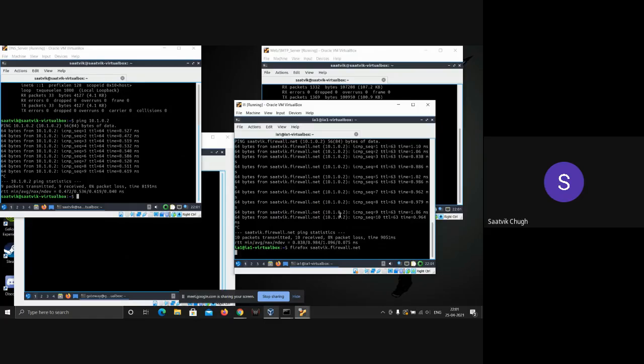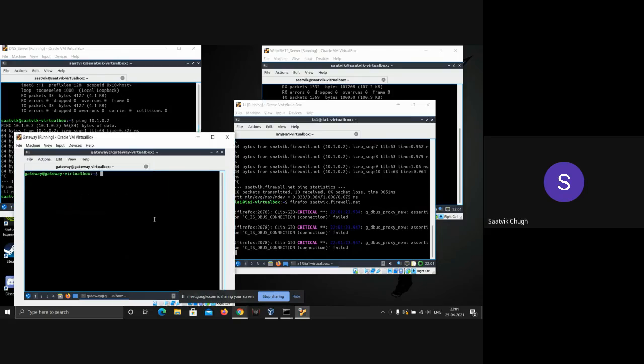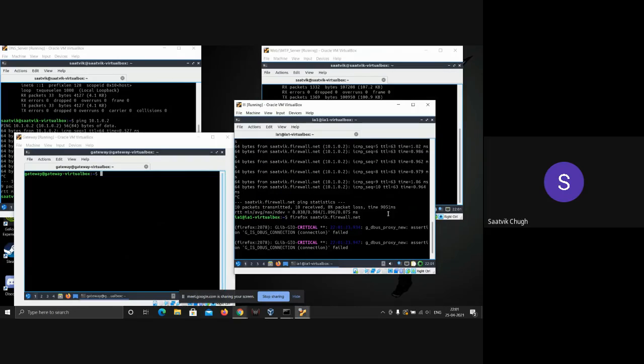I'll try to access satvik.firewall.net from the external zone and show you the web pages, to show that the DNS works properly. This is taking a lot of time, due to memory reasons of the virtual machine.